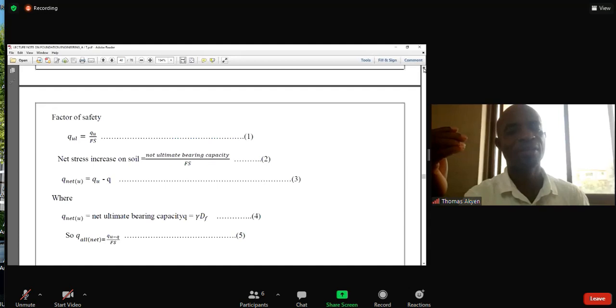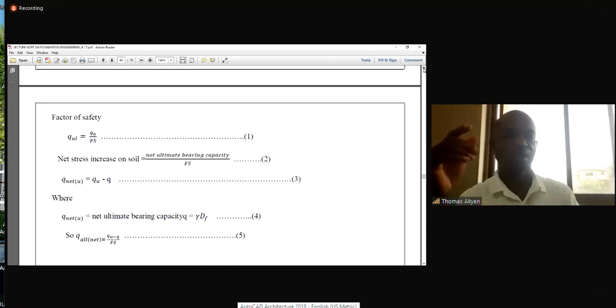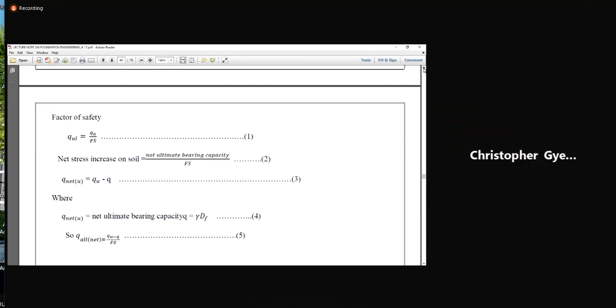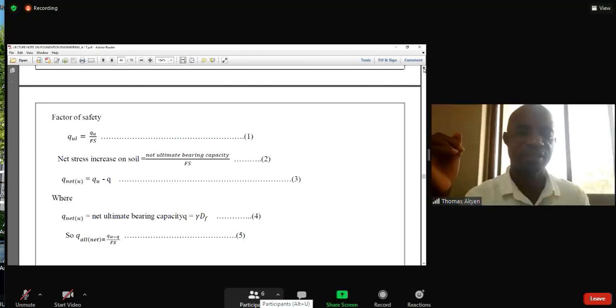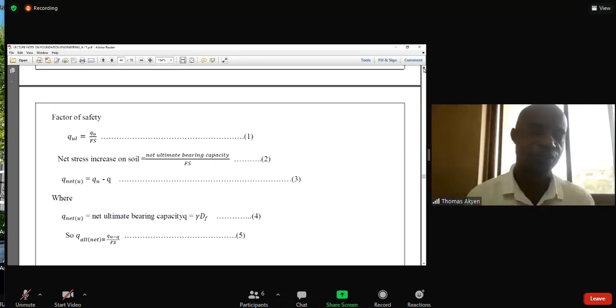Bearing capacity over factor of safety, that is net, not gross. It should be net ultimate bearing capacity over factor of safety. So then we have the q net equals the net ultimate bearing capacity, which is